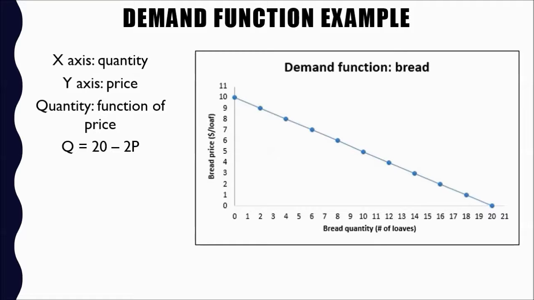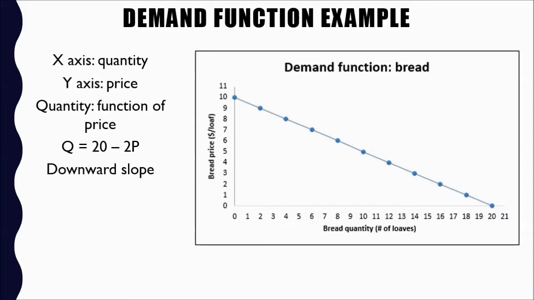If the price of bread is $1, consumers are willing to purchase 18 loaves, which is slightly below the 20 units they were willing to purchase at price 0. Similarly, if one loaf of bread costs $2, consumers are willing to buy 16 loaves, which is once again a lower number of loaves compared to the loaves they were willing to purchase for $1. This also means that the demand function has a negative or downward slope. Why is that? Because consumers are willing to purchase more units at a lower price and fewer units at a higher price. Makes sense, right?